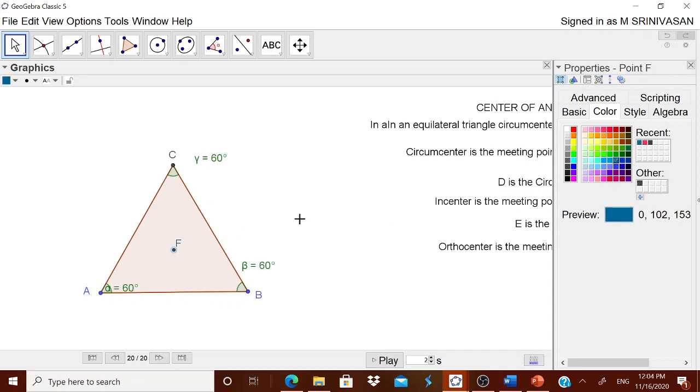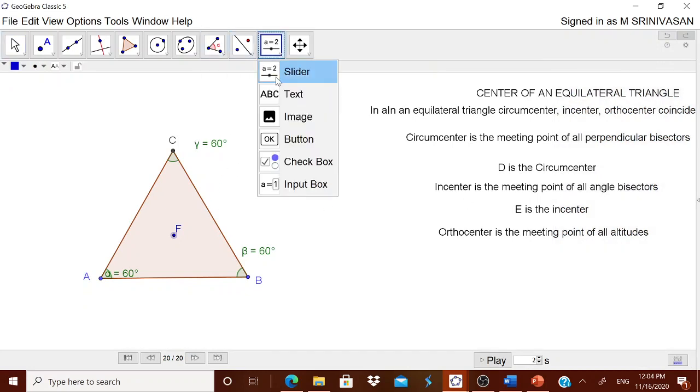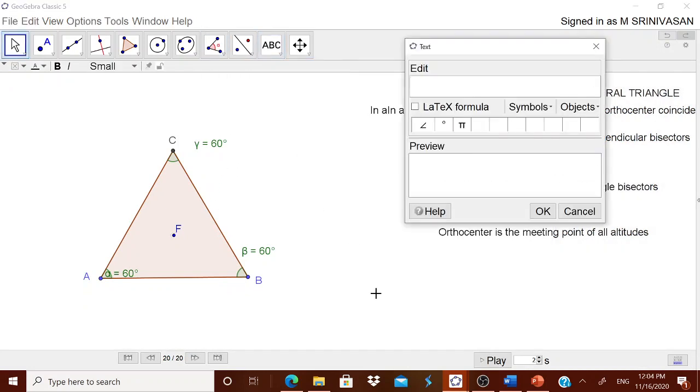Okay, blue I have selected. Now we will declare here in ABC, to differentiate, that F is the orthocenter.